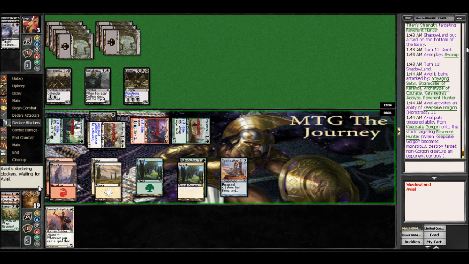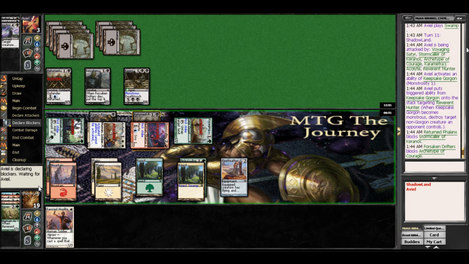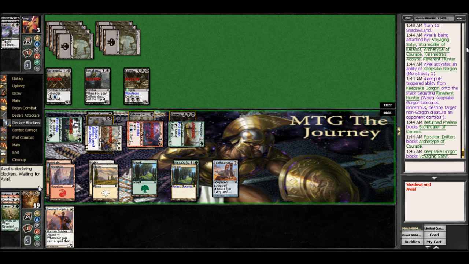And then he's got Death Touch, so he's just going to block the Archetype of Courage here. The Return Phalanx is going to take out the Stormcaller. So yep, I pretty much just lose everything here because of the stupid mistake. Which he would have Monstrous and taken out my...